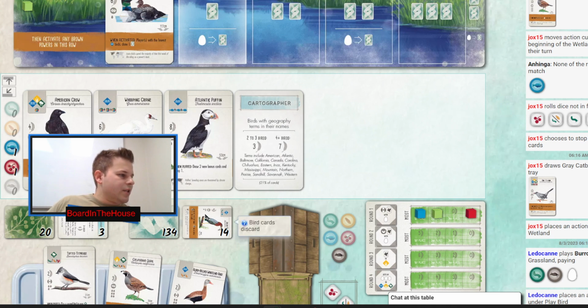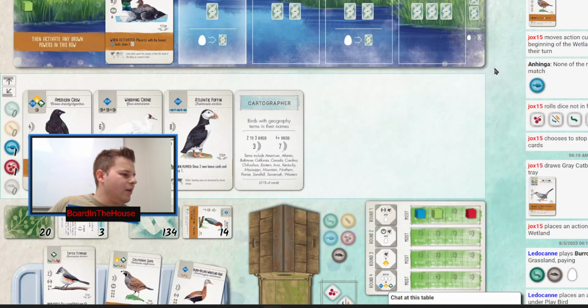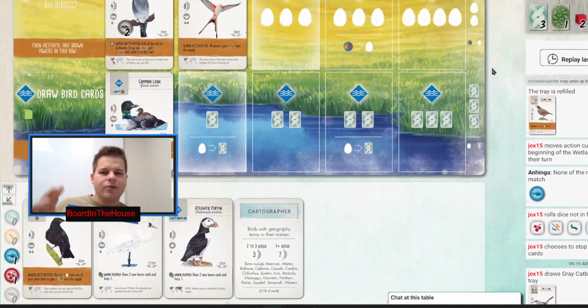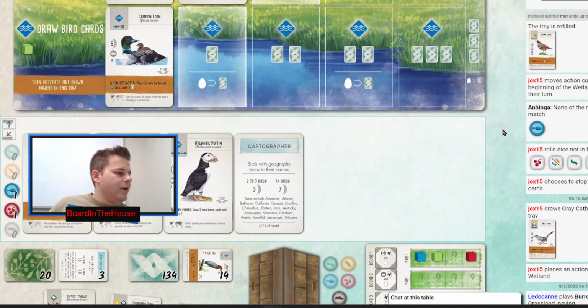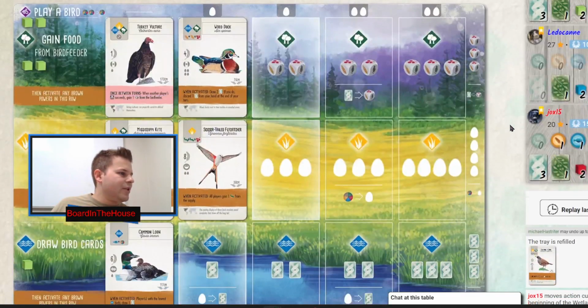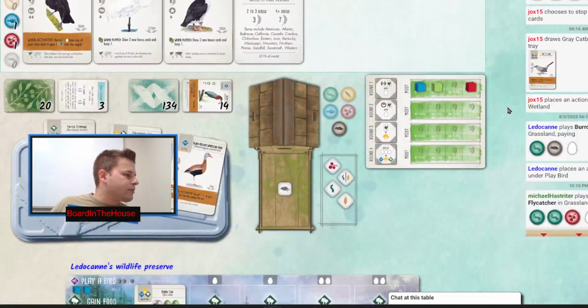I wish you could see the discard. I accidentally discarded a bird with geography in its name. There was like an American woodpecker or something like that. Whatever, 9-pointer, and it's like, oh, I don't need 9-pointers in the beginning of the game. I need cards that have cool abilities like the crow, and then like ongoing stuff in the beginning of the game. But now I wish that I had kept the American woodcock. But anyhow, so